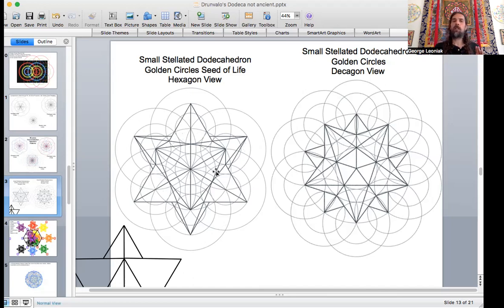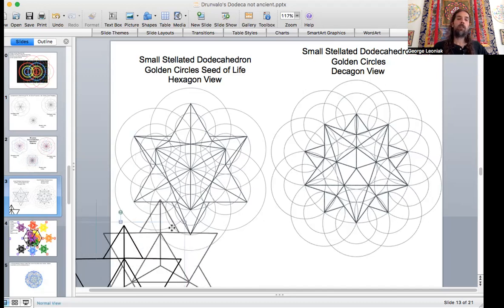So in here, there's the dodecahedron, and this is the stellated form. These are the golden circles. Remember, this is the same pattern. There are the equilateral triangles, and now I've just rotated that to the pentagon view because it's easier to draw in all the pieces of how they're going to link together. So that's the same thing. It has 12 points to it, and it would create the icosahedron.